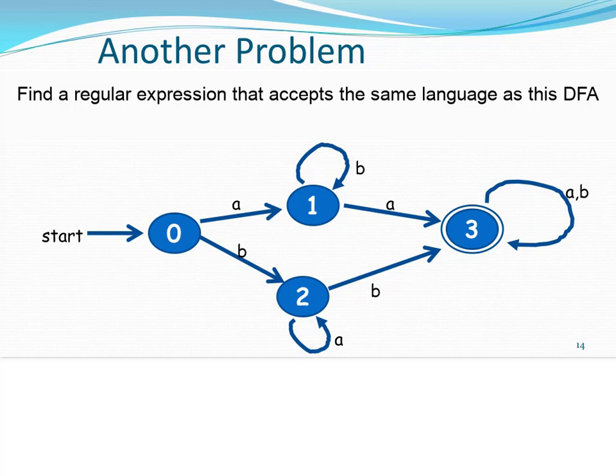So let's do the top path: an A, as many B's as you want, an A, and then as many A's or B's as you want. That's the top path. The bottom path,